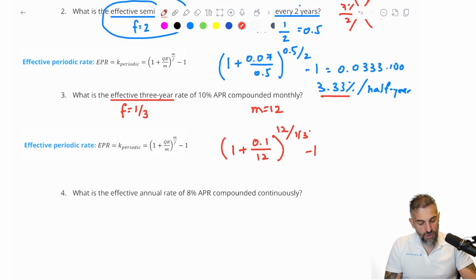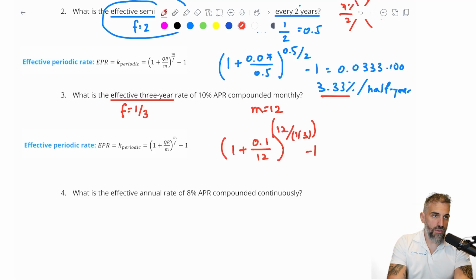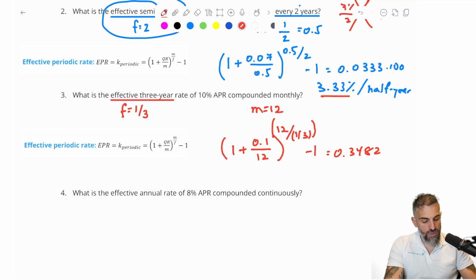If you're going to use your calculator, you're going to have to use a lot of brackets. I mean, if you're going to use your calculator one shot, you'll need a lot of brackets here. So bracket 1 plus 0.1 divided by 12, close bracket, to the power, open bracket, 12 over, open bracket, 1 over 3, close bracket, minus 1. So I get 0.3482, which is about